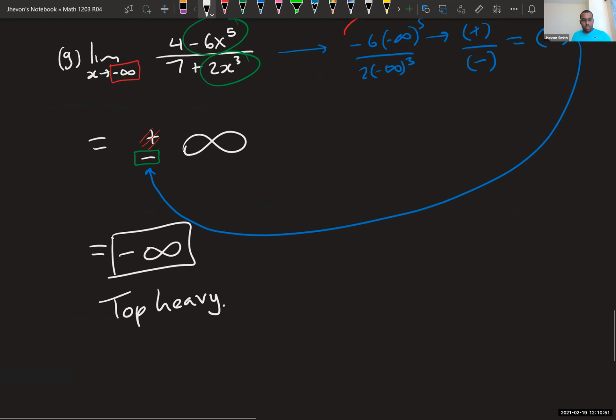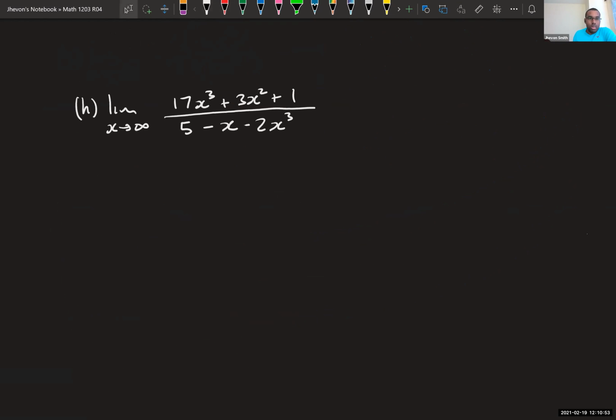Okay. Last one. Have this. What do I do? Plug in? Can't do it. Can I simplify? What is the graph of this? You shouldn't be thinking any of that. You spot that this is an infinity and you have a ratio of polynomials, right? So